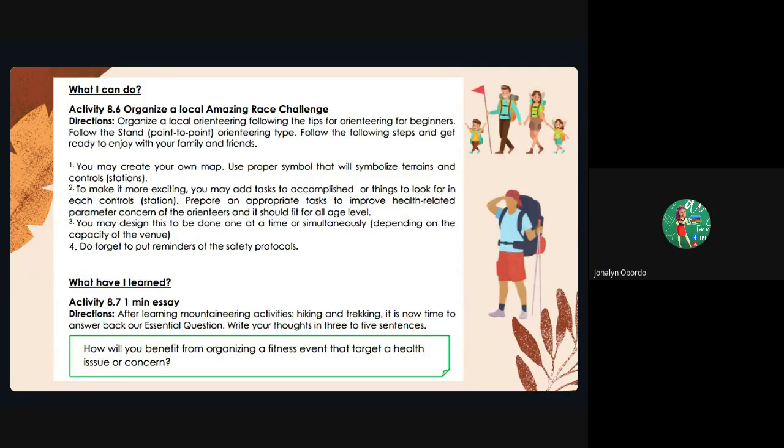Okay, next, to make it more exciting, you may add tasks to accomplish or things to look for in each control or station. Prepare an appropriate task to improve. Ito yung challenge health-related parameter concerns of the orienteers, and it should fit for all age level.